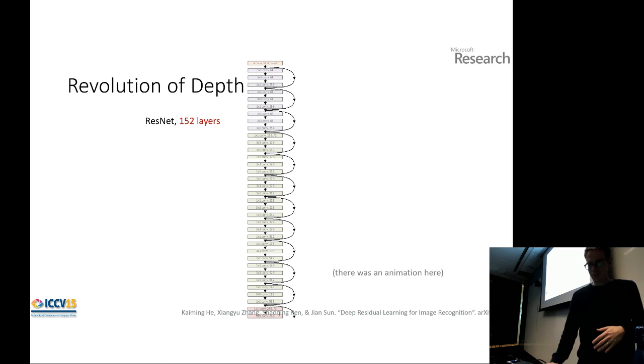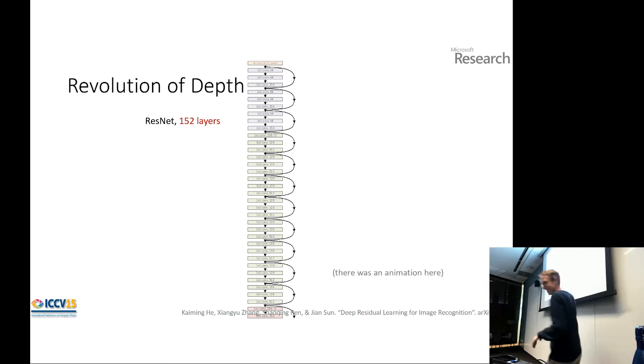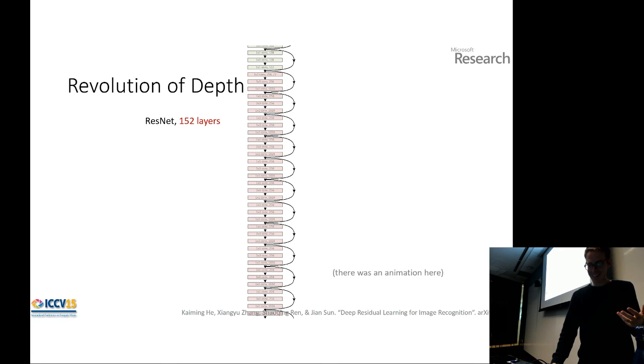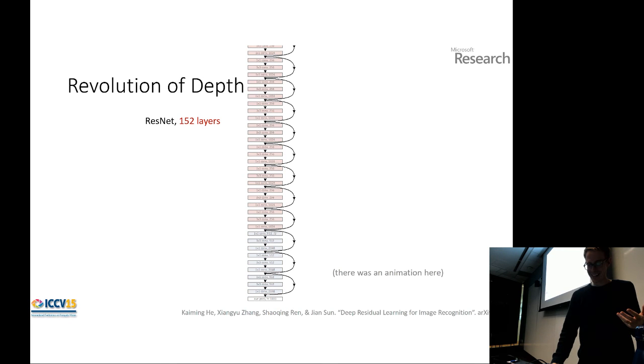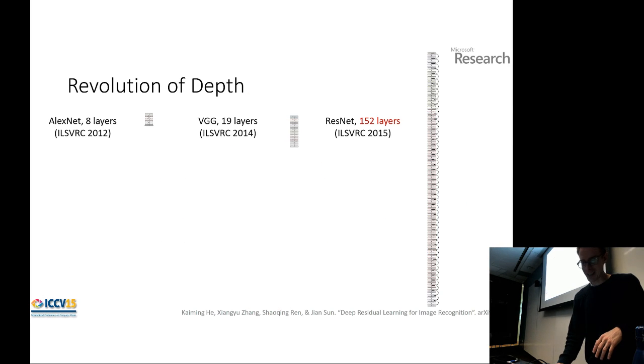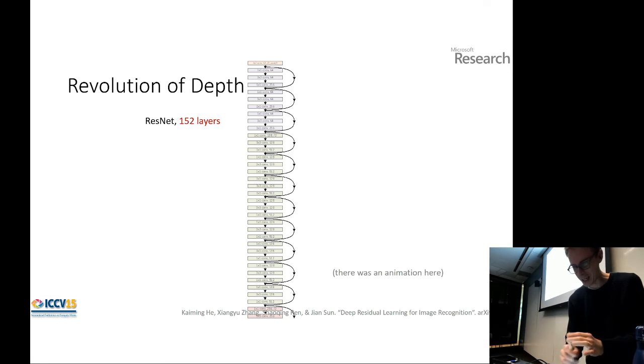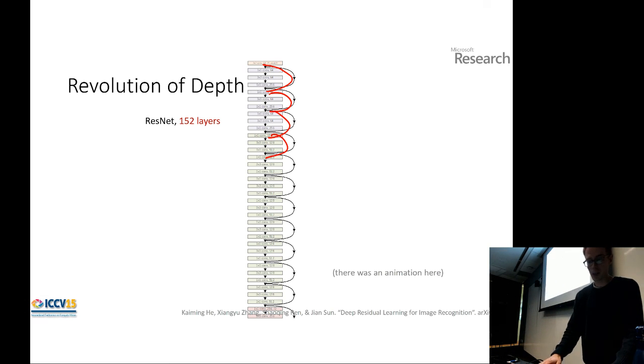Okay, so this animation here is actually from his slides because he had animated this, zoomed sliding down through the 152 layers, right? And in some sense, exactly what's in here is not of great concern to us, except for the residual connections. And the residual connections are these little curvy arrows that you see jumping along through multiple layers. And we'll look at what those are in just a second.